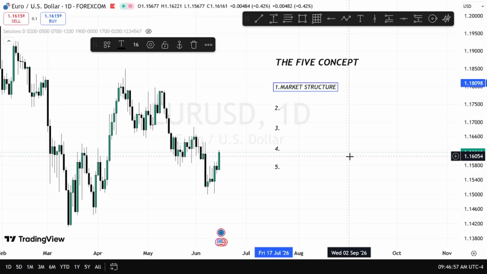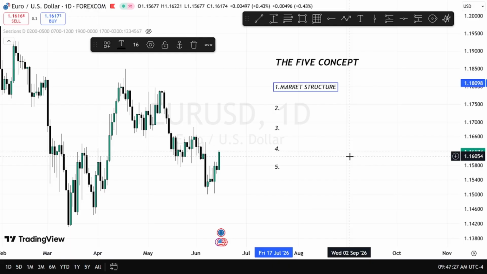How does this help you? It helps you to know the trend. And by knowing the trend, you already know the buyers and the draw on liquidity. All these 3 words are the same thing. The trend, the buyers, the draw on liquidity, they're the same thing. If you're able to mark the market structure correctly, you will know the trend, the directional buyers. And knowing the directional buyers is one hurdle that many traders face.